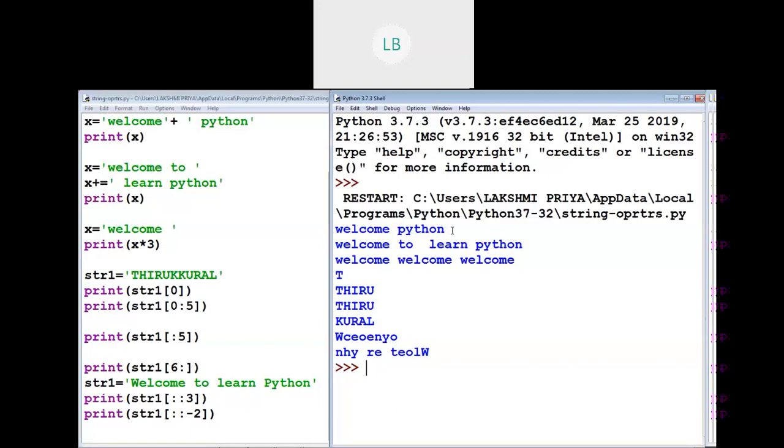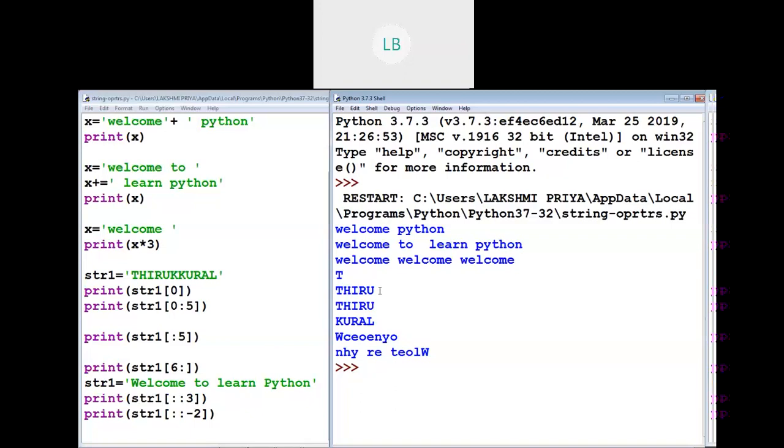We have used concatenation operator. Then in the next one, append operator. Learn Python is added at the end of the existing string welcome to. Then repeating operator. 3 times the string is repeated. Then str of 0, only the first character is displayed.